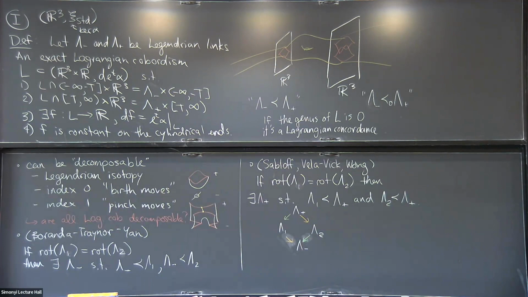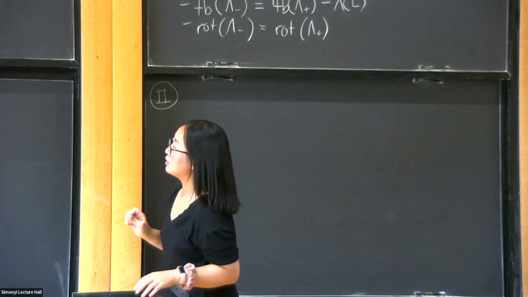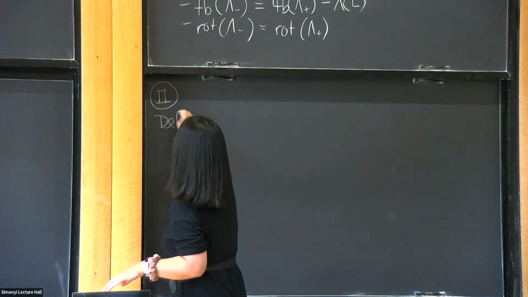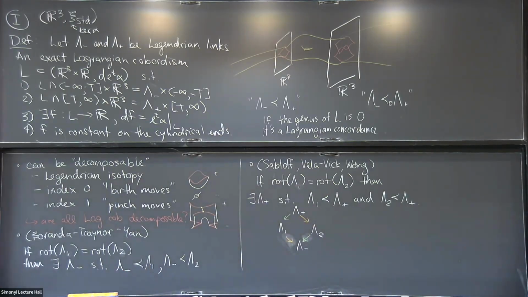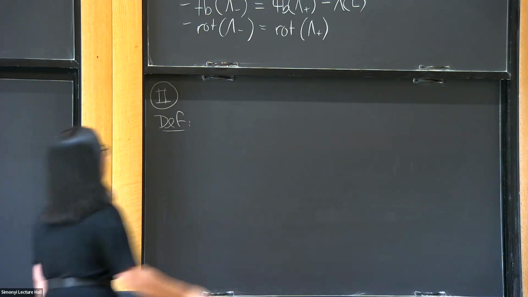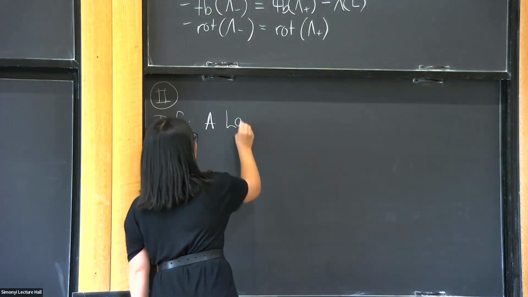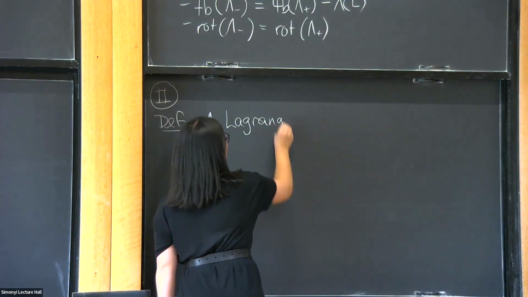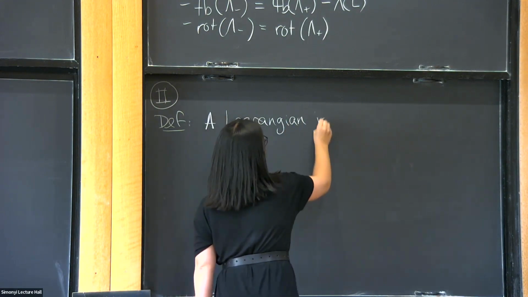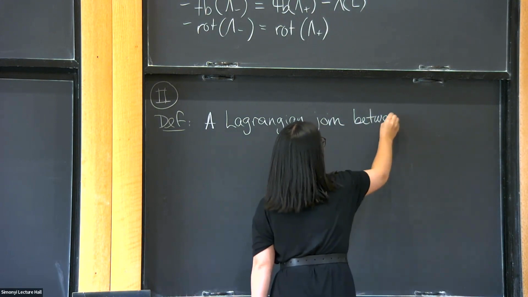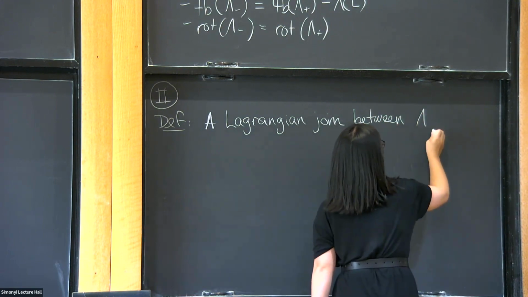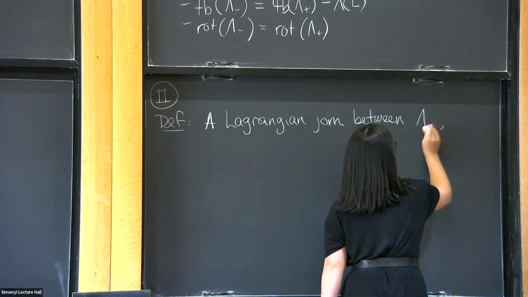Okay, so part 2, I'm going to define a Lagrangian quasi-cobordism. And the way that I'm going to do this is by first defining what I'm going to call a Lagrangian join, which you can probably guess what it is. So a Lagrangian join between two Legendrian knots, lambda 1, lambda 2,